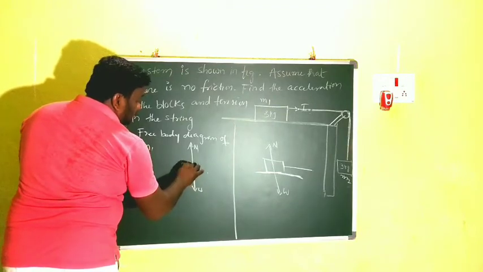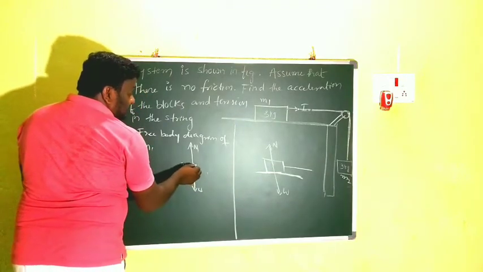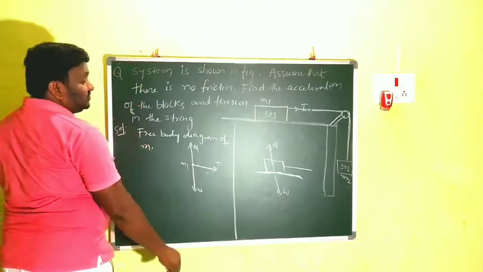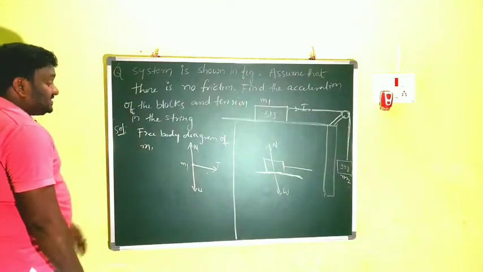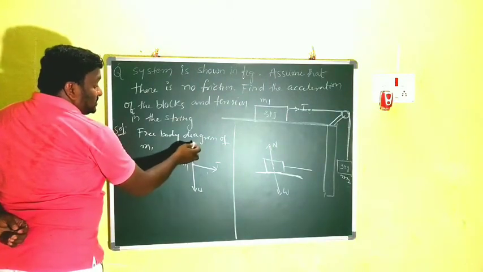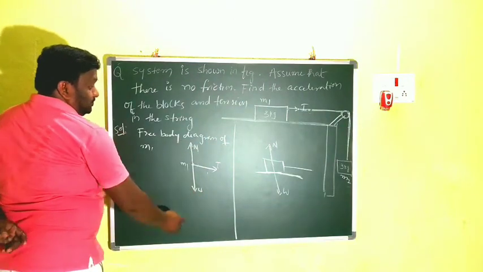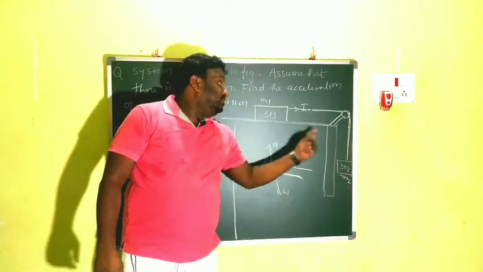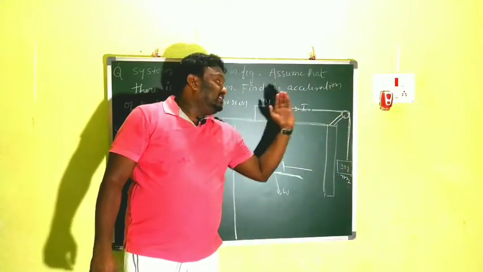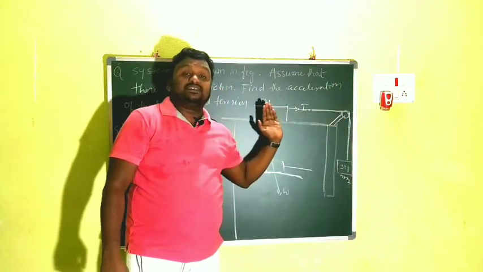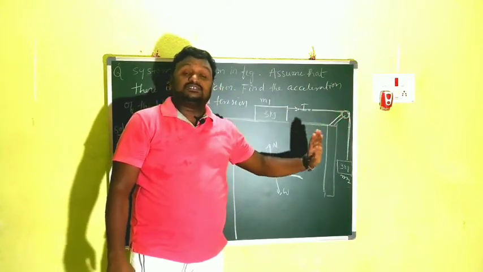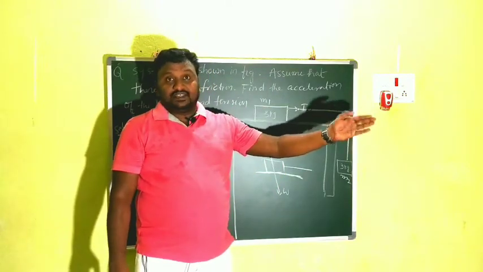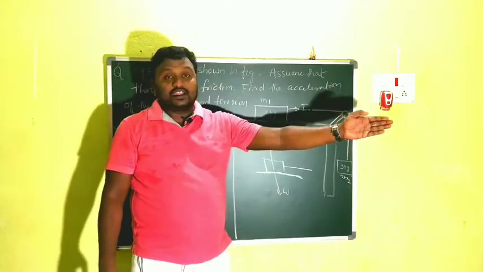So this is the m1 mass, and on this side the rope is connected, that's why there is some tension. Clear? So in this case the net normal force is always balanced by the weight. In this problem, while this object is coming down, this object is moving like this. It slides on the horizontal table. That's why the object is moving in a horizontal direction. That means the net force is in the horizontal direction.